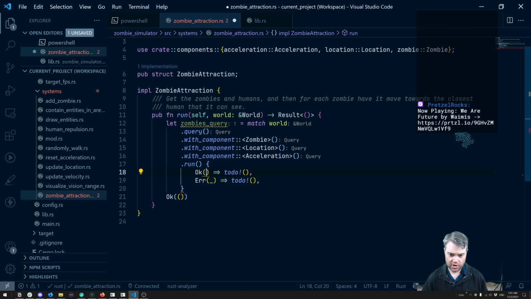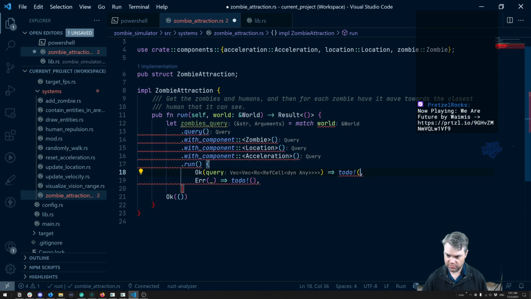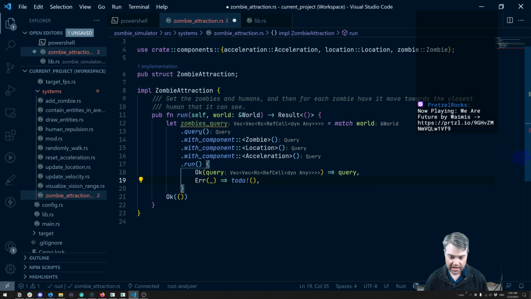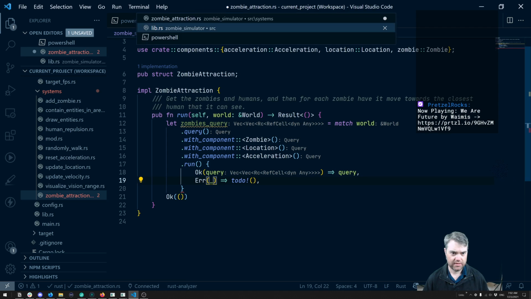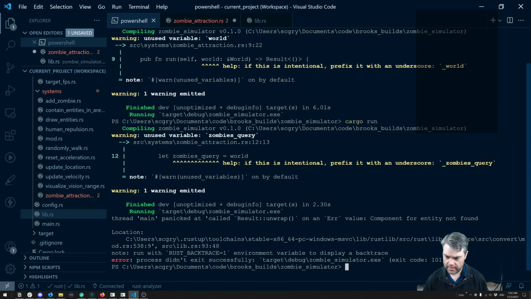Okay, so if we have the okay, this is going to give us our query, and we want to return this. And then we're great. Now, if it's this error, it's specifically going to be an error with component for entity not found,